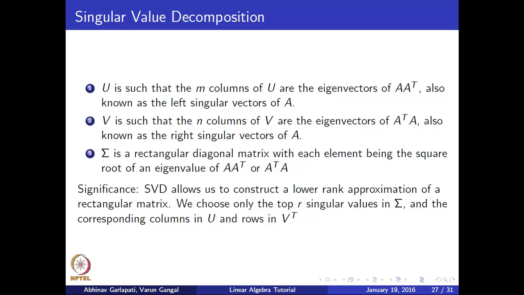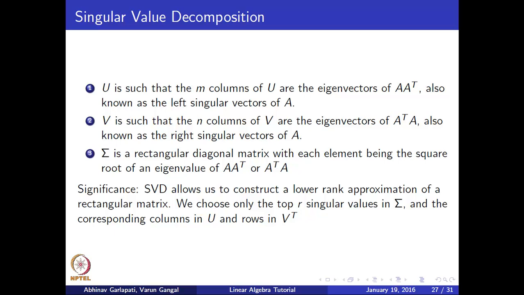The three elements U, sigma, and V are as follows. In U, every column represents an eigenvector of AA transpose. In V, every column represents an eigenvector of A transpose A. Sigma is a rectangular diagonal matrix with each element being the square root of an eigenvalue of AA transpose or